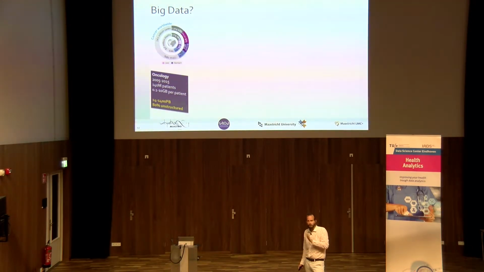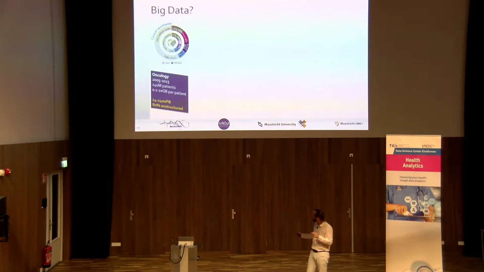Is that a lot? No, that's not big. Google has an order of magnitude more data. We know this from the energy consumption that they have. The CERN collider produces about, I think, 50 petabytes per year now, so that's doable. The size of the data is not that big.